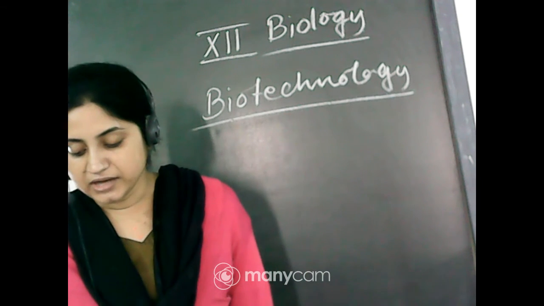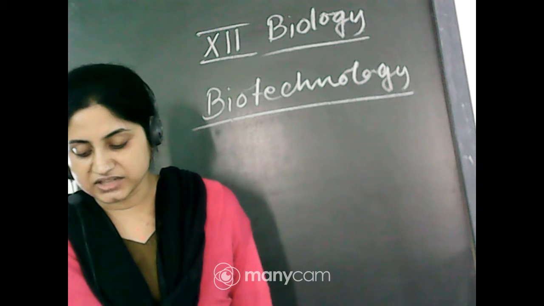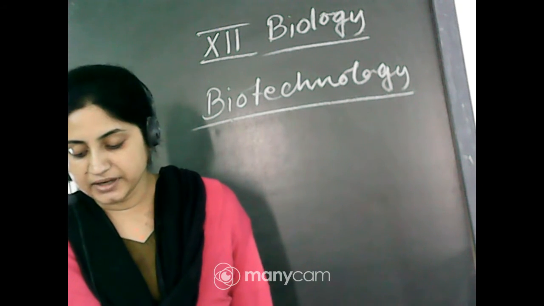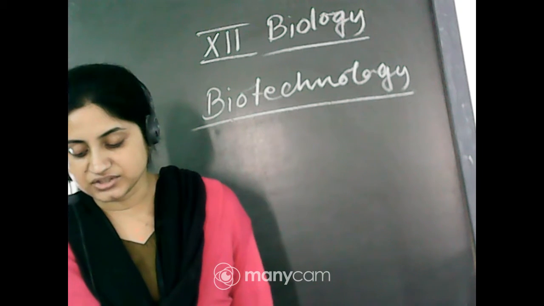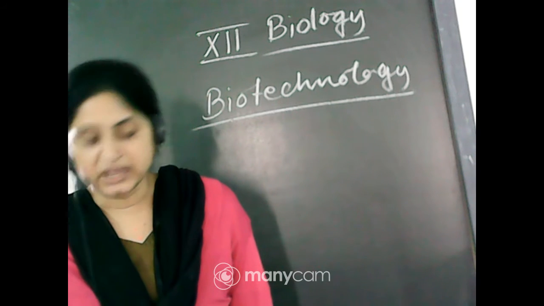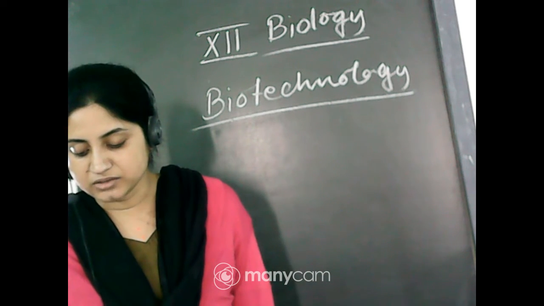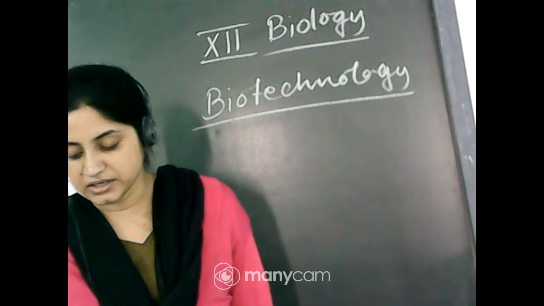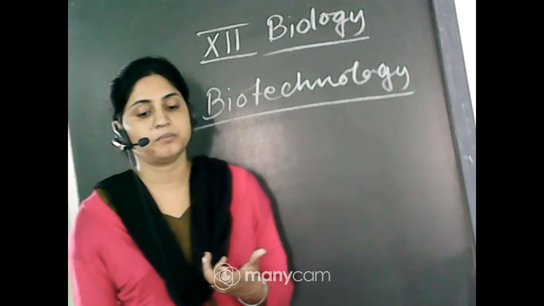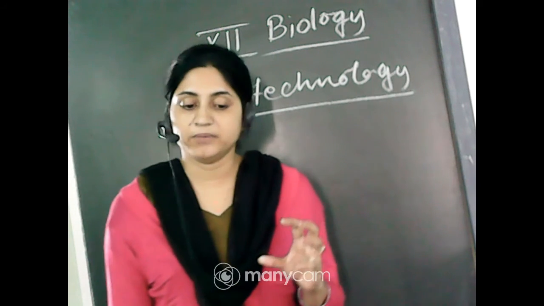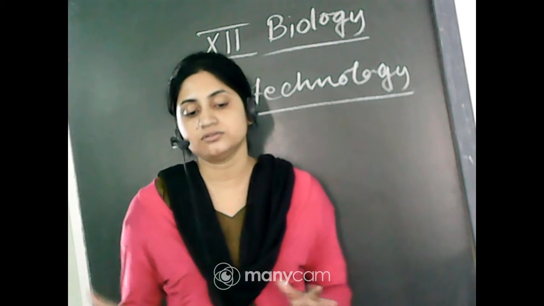You can see bright orange colored bands of DNA in the ethidium bromide stained gel exposed to UV light. The separated bands of DNA are cut out from the agarose gel and extracted from the gel piece. This step is known as elution. The DNA fragments purified in this way are used in constructing recombinant DNA by joining them with the cloning vector. You know that plasmids act as the vector, and this separated DNA is joined with the plasmid and then introduced into the host cell.